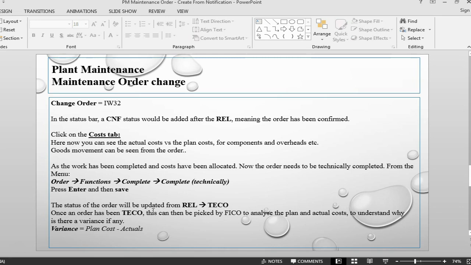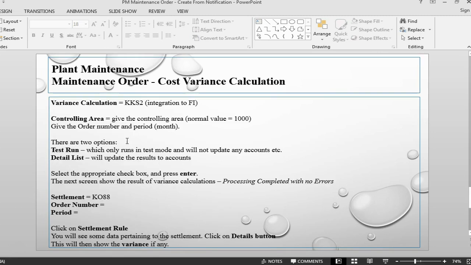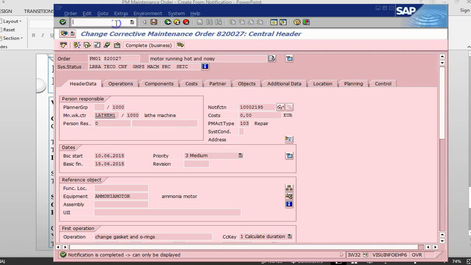So the next step will be, now once the TECO has been done, it will be picked up by FICO and they will do an analysis of plan and actual cost, do a variance of plan cost minus actual cost, or actual cost minus plan cost, sorry. So for the variance calculation, the transaction is KKS2 and this is basically integration to FI. If I go into the transaction KKS2,